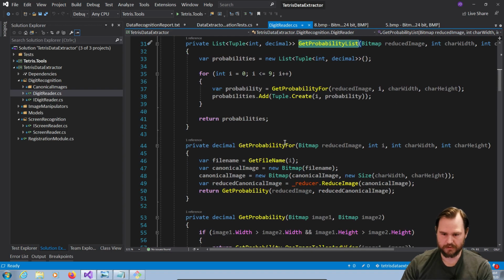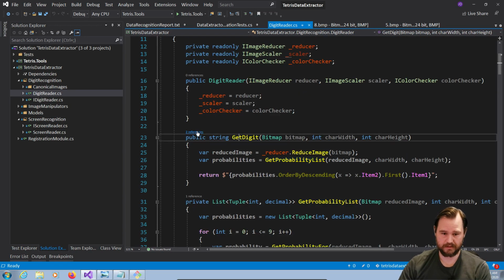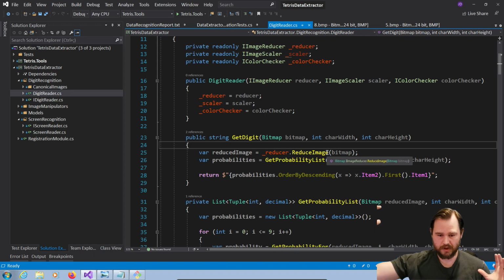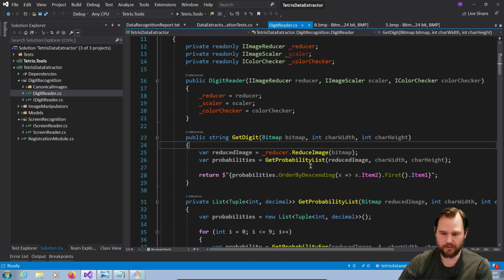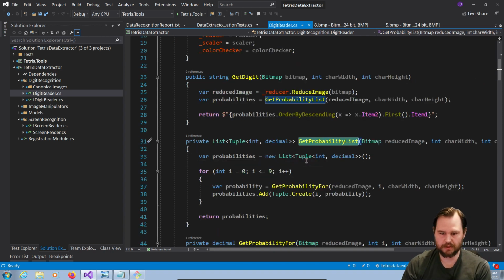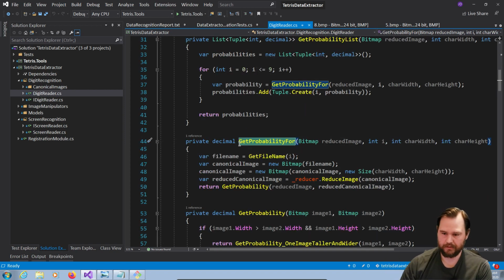But what we're doing is, so let's start here. This is the get digit method. This is where this digit algorithm starts. We reduce the image, so we take all the black space around the image and we get rid of it. Then we create the probability list for this reduced image. And so for each of the digits 0 through 9, we're just going to get the probability that our reduced image is this digit. So inside that method,